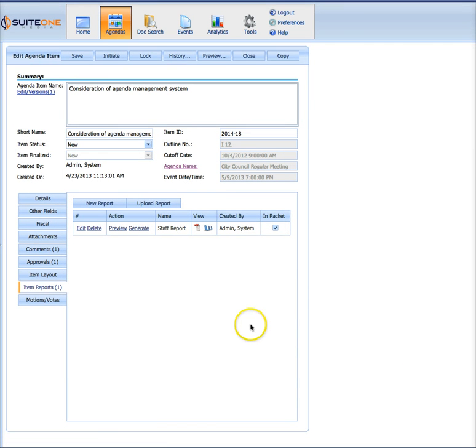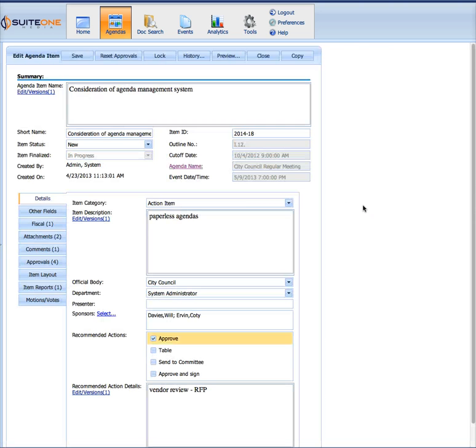Now, as a staff member, I can hit save and come back to it later. Maybe next day, maybe next hour, whatever it might be. So I have quick access to it. And when I'm ready to kick off that approval process, I just hit the initiate button here. That will kick off that approval process, and it really will now become time for the reviewers to take action on this particular item. Now, how the reviewers get